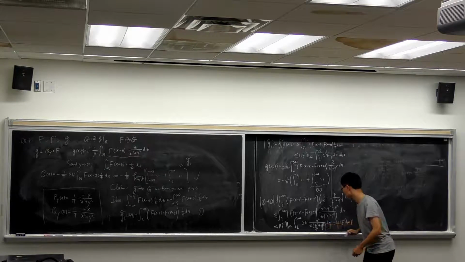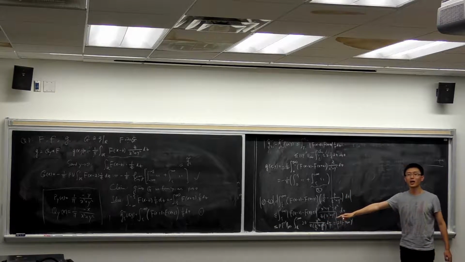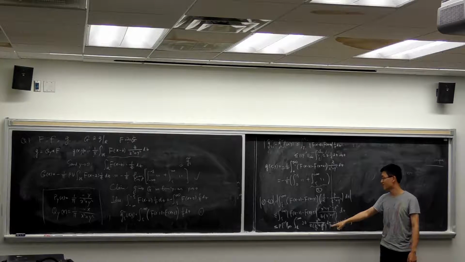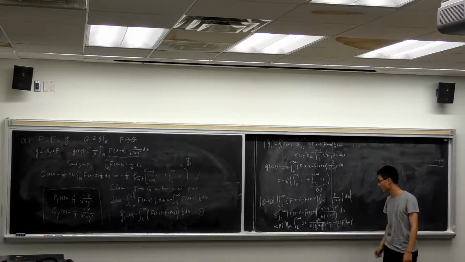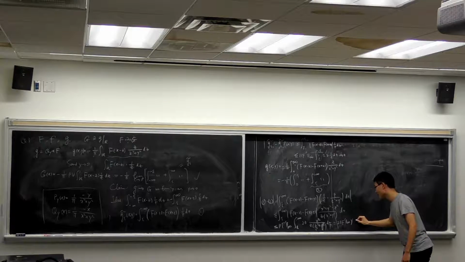Then you will have an extra y here, because here you divide by y, you have to multiply by y. So you have this extra y, and what's left is arctangent